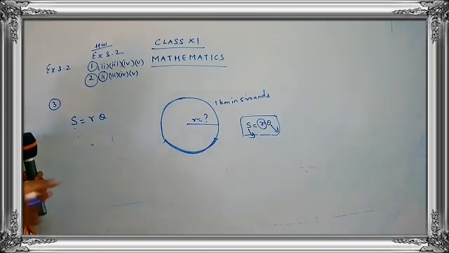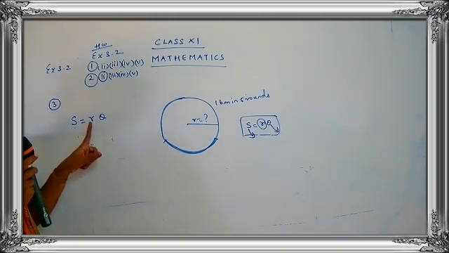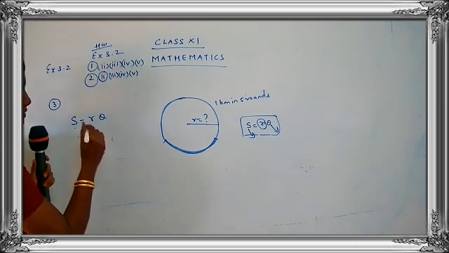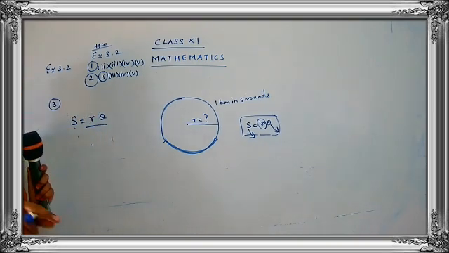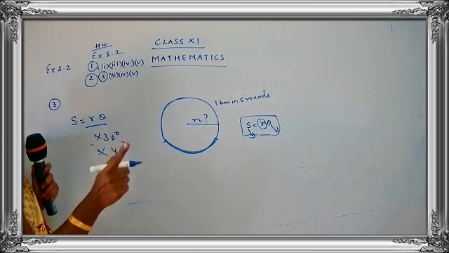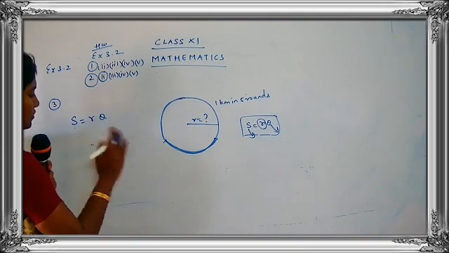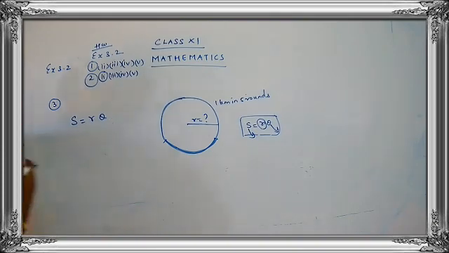R is the radius and theta is the measure of the angle. And remember that always you have to take this value in terms of radian. You should not write the angle in terms of degree. You cannot write this is into 30 degree, into 40 degree. No, you have to always write the angle in terms of radian measure. So let's do with this sum. The formula first: S is equal to R theta.